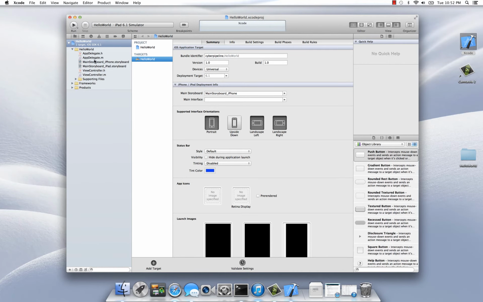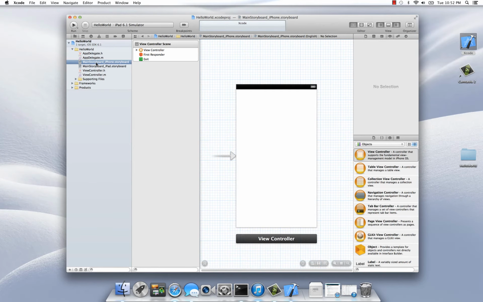So you'll look over here to the left and you can see all of the different files that make up a simple project which is created for us. To get a nice little interface there and see what's going on, I'm going to click on Main Storyboard iPhone Storyboard. And I can see a little interface here for a typical iPhone application.